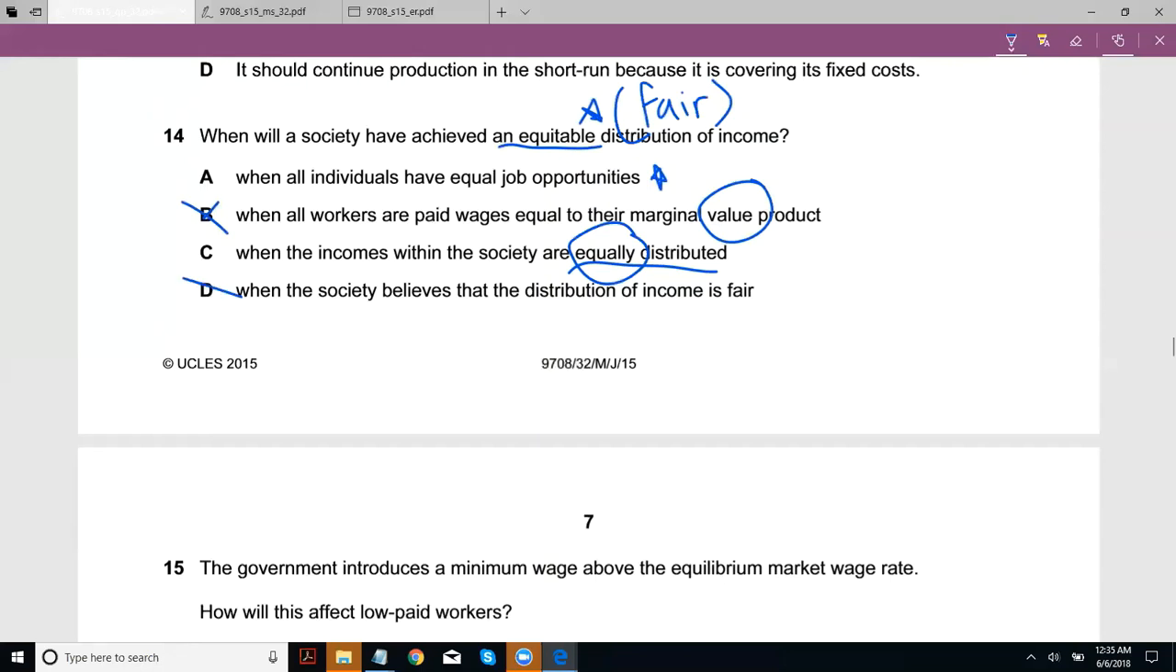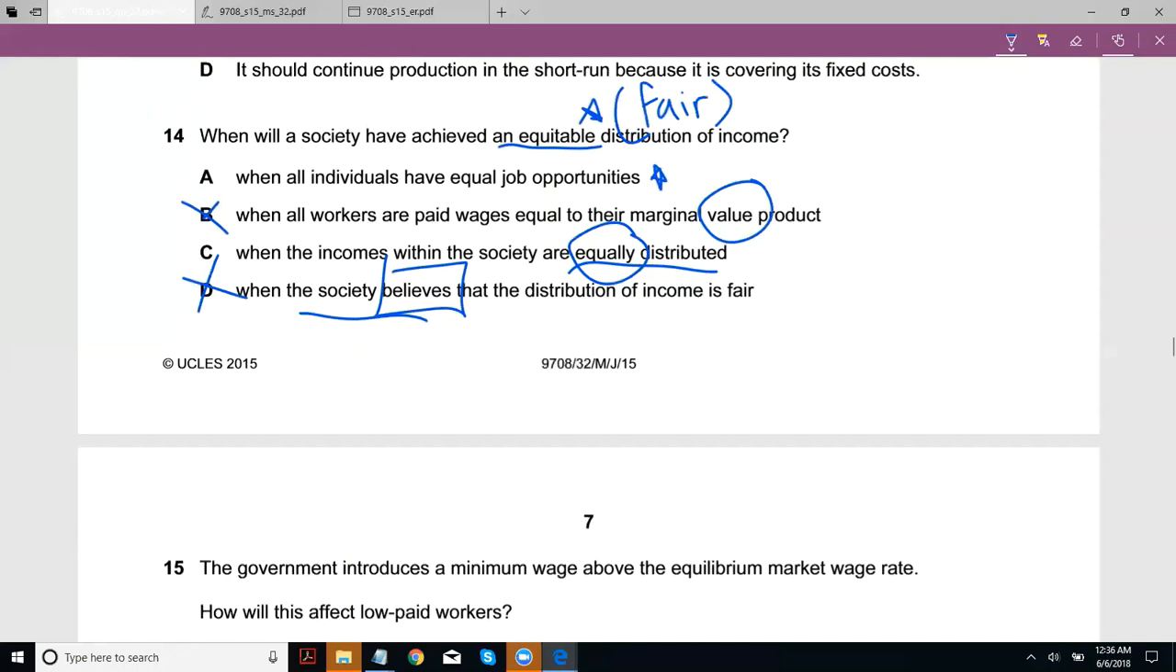Anyhow, but what would you... you can't cross out D when society believes that the distribution of income is fair. Oh wait, can we cross out D? So society believes. Who cares what society believes? Even if they do believe it, maybe they're wrong. Society is dumb. Okay. If you're left with A and C,